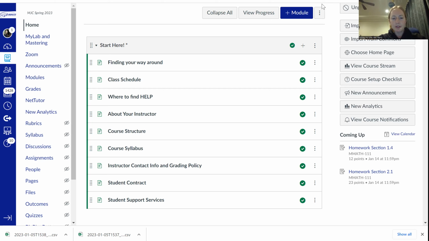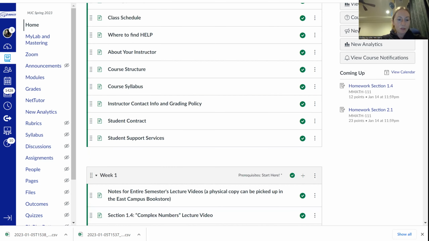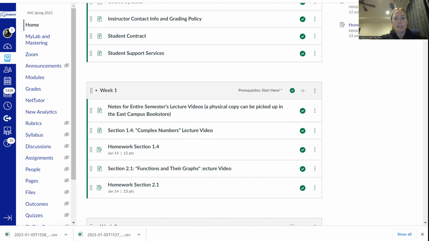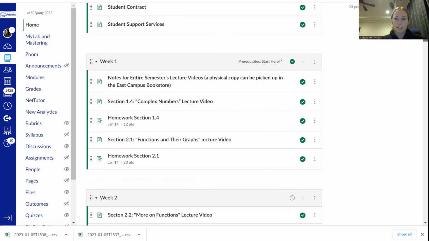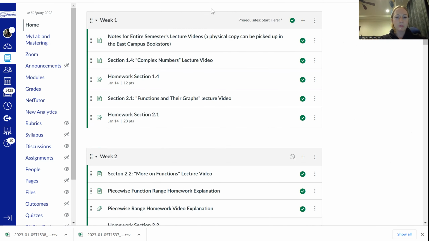The tutoring center on campus is really good, but they're only open Monday through Friday until, I think, 5 p.m. So if those hours don't work for you, or if you're working on homework on a Friday night or Saturday or Sunday, you can't ask for help if the tutoring center is closed. But with NetTutor, there's always someone available, even in the middle of the night, I think, to talk about any problems you may have with homework or anything like that.